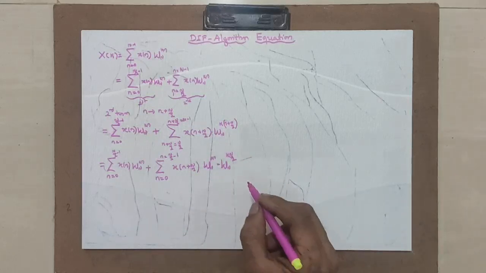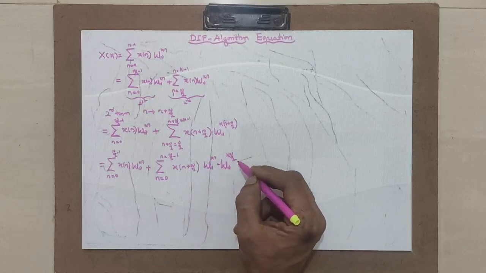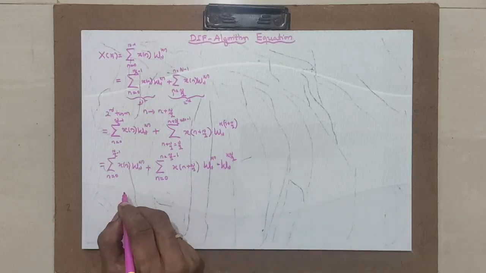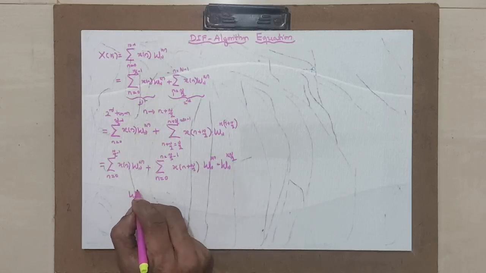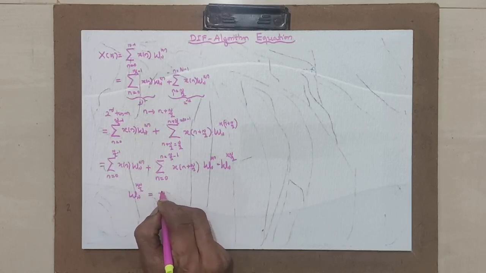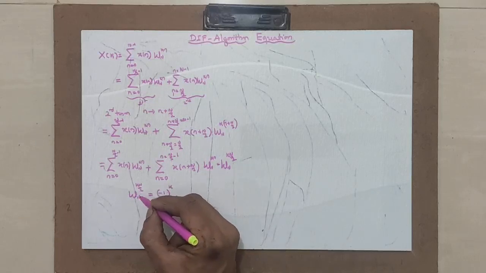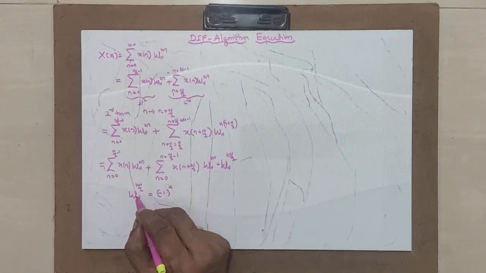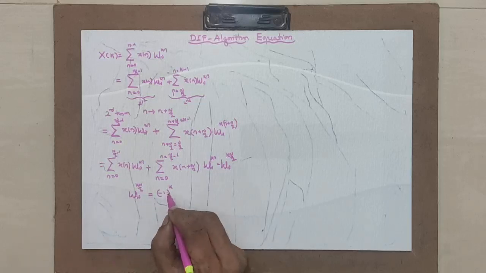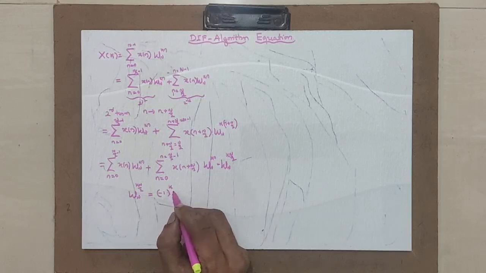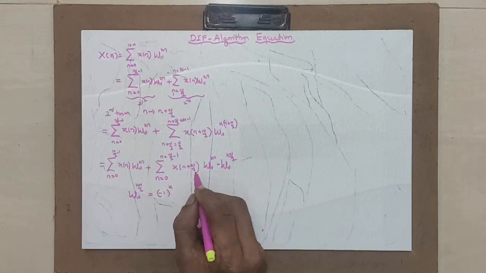Now this W_N raised to kN by 2, if you put the cos and sine equation, it gives you a special thing. W_N raised to kN by 2 is nothing but minus 1 raised to k. Because W_N raised to kN by 2 means it is cos and sine, e raised to minus j 2 pi by N, isn't it? If you derive that, you will get minus 1 raised to k. Now if I put this here,